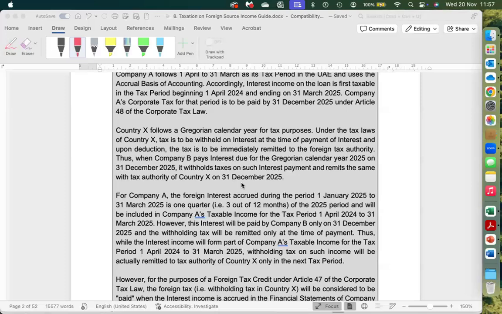Nand is asking the same question, that they are giving a loan to India. They have a subsidiary in India, meaning that subsidiary will be liable to register for corporate tax purposes in India. They will be liable to submit the return. They need to pay tax. Whatever tax is being paid in India, the UAE company has the right to claim the foreign tax credit, but they need to have taxable profit. The UAE company doesn't have any taxable profit in the UAE, so they will not be able to take the foreign tax credit.